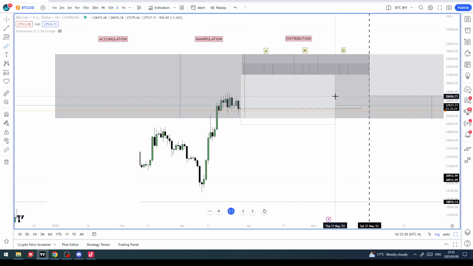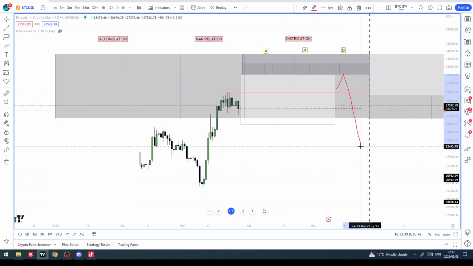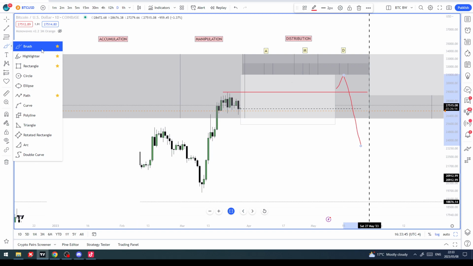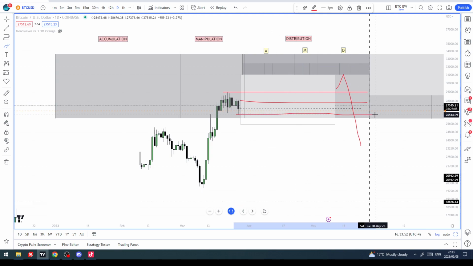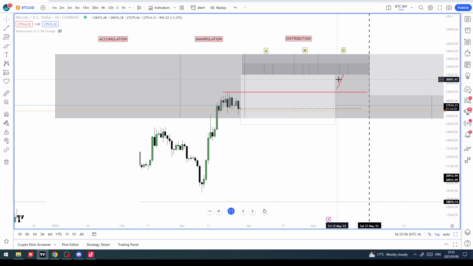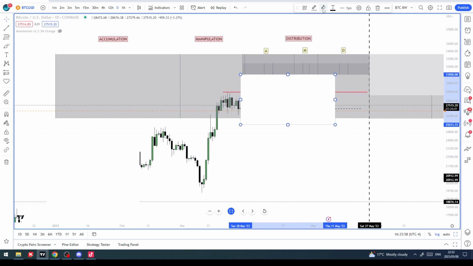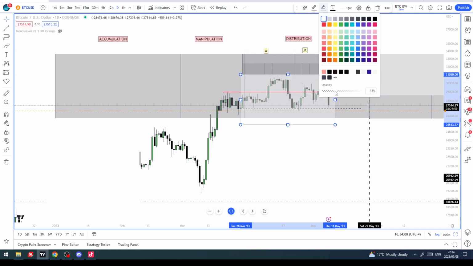Or we open up higher. We come here. We take this high. And then we fall over. So that is why I said I'm interested in the order block created on the 27th of March. It is the last point of order flow that this remembers. See that? It's the last point of order flow that it remembered before getting into it.